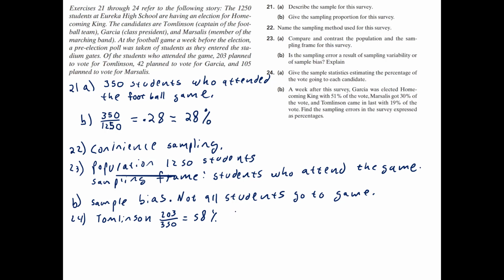42 plan to vote for Garcia. So 42, Garcia got 42 out of the 350. He only got 12%. And then